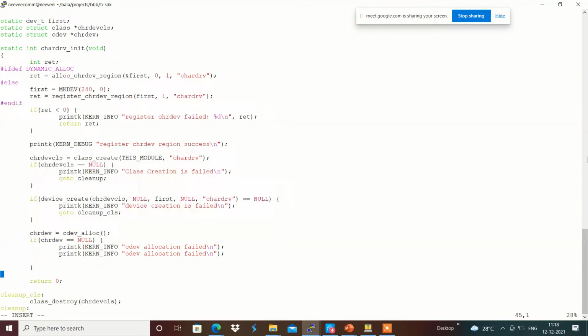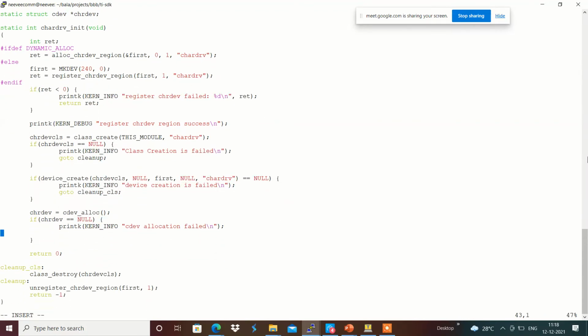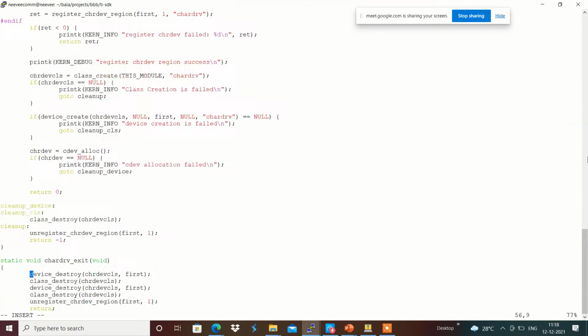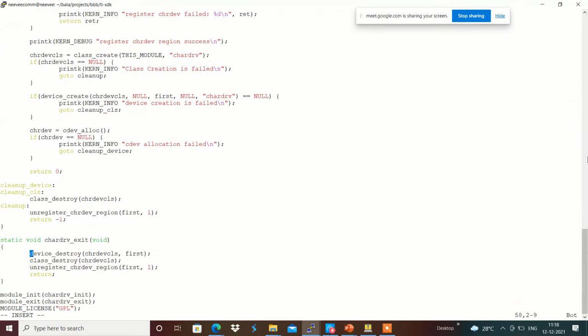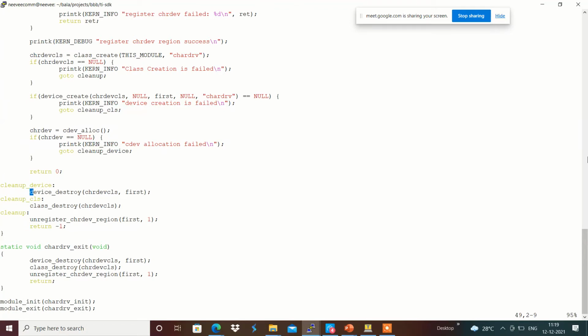And in order to do the cleanup accordingly, I am going to do something like goto cleanup_device over here, and in cleanup_device we are going to use device_destroy accordingly.